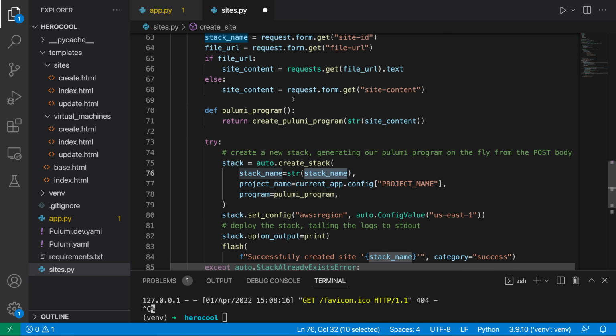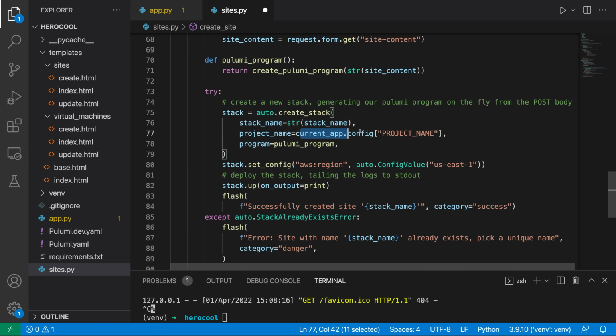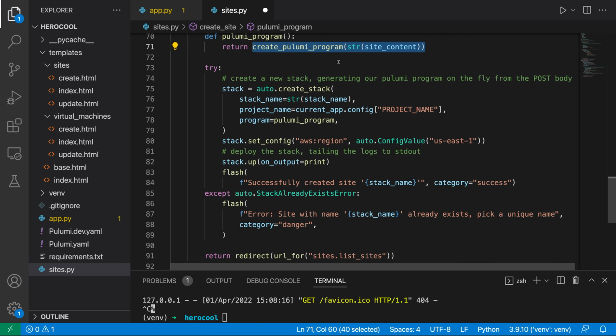So remember, stack name right here was the ID. And then we got the project name, and then the Pulumi program. And the Pulumi program is this, which uses Pulumi to create the website on AWS. Now, it's not going to run the program until we get down here, stack.up. If you were on the Pulumi CLI, you would do pulumi up. But first, we're going to make sure we have the correct